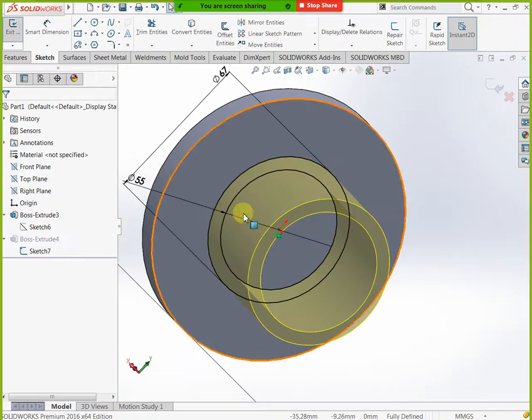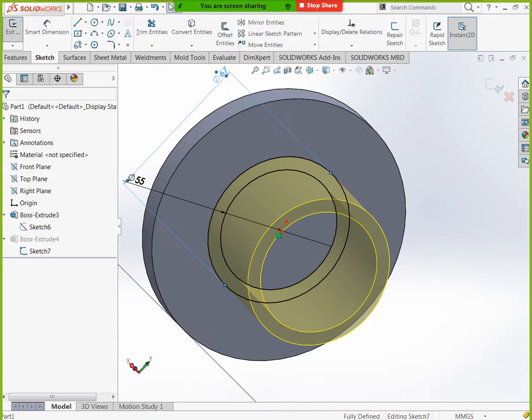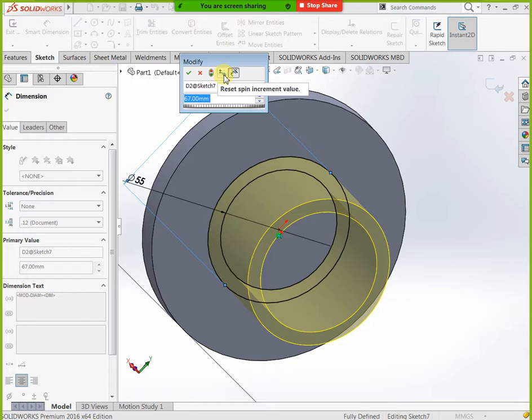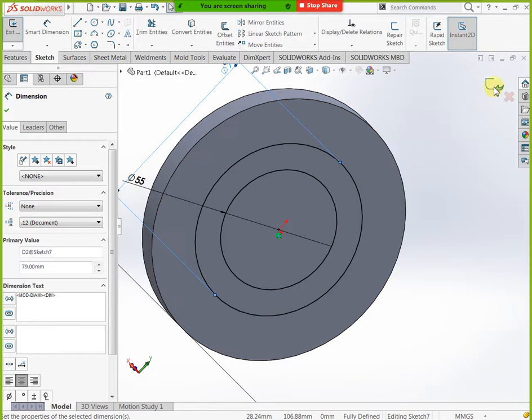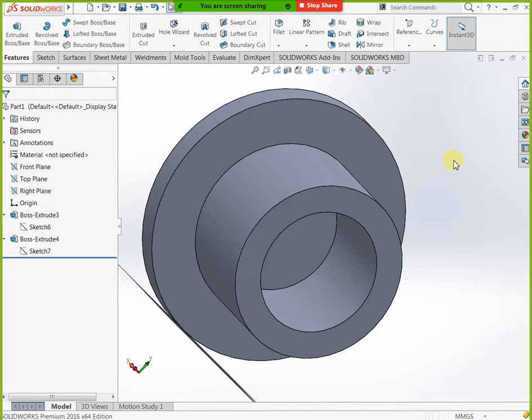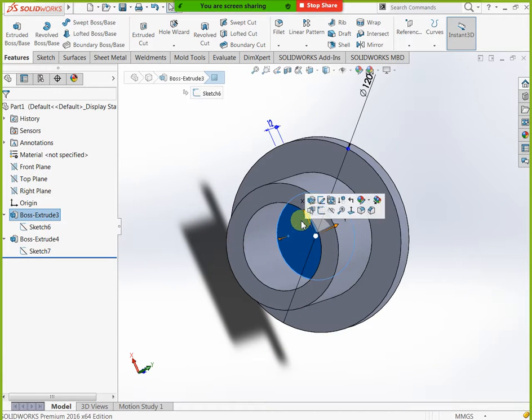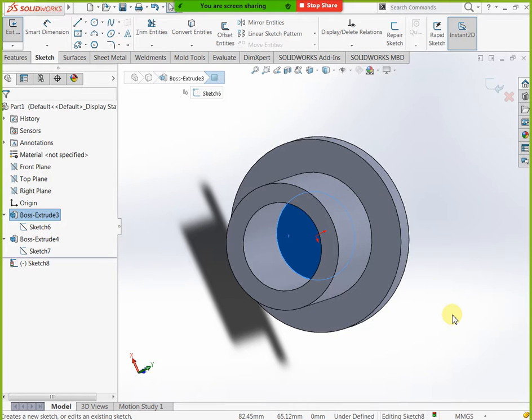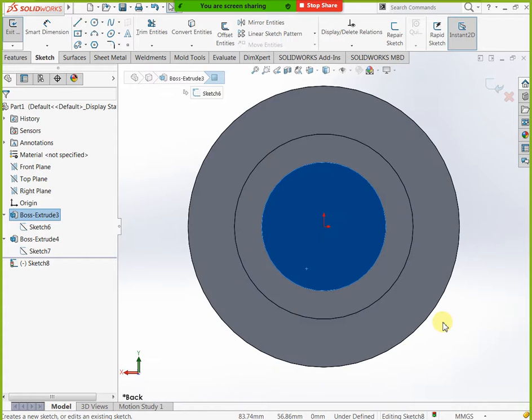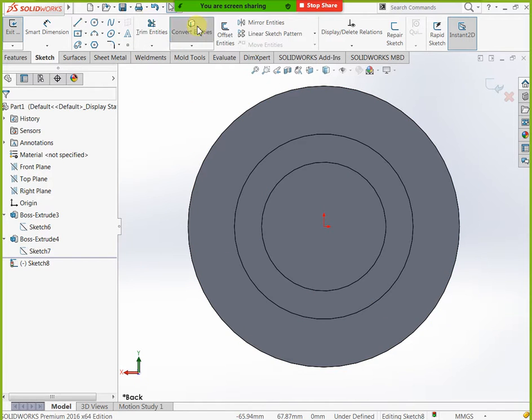Now I need to remove this one. Just select this one, go here, actually revolve, that is an easy process for this. Now select this one, convert entity, then you can do finish. Now extrude cut, finish, then go to extrude cut, remove just 12 mm. See now, this is our bush.